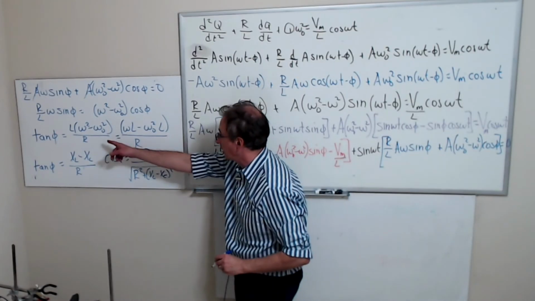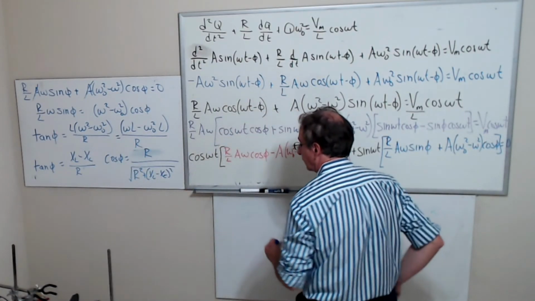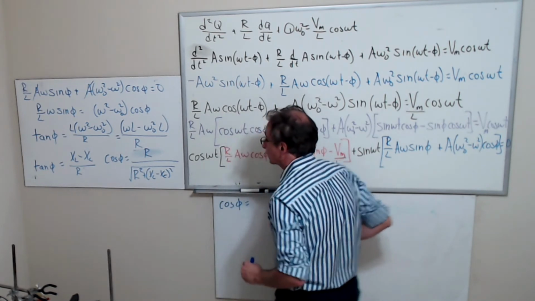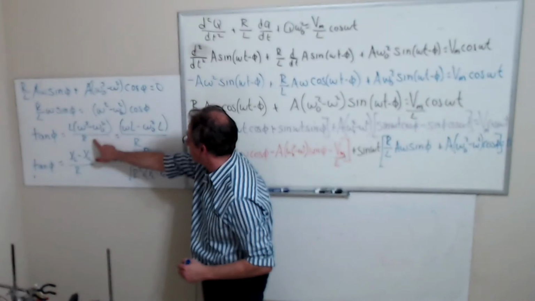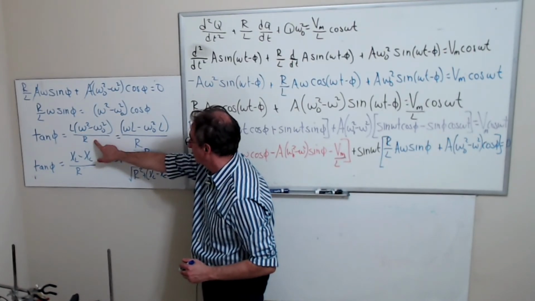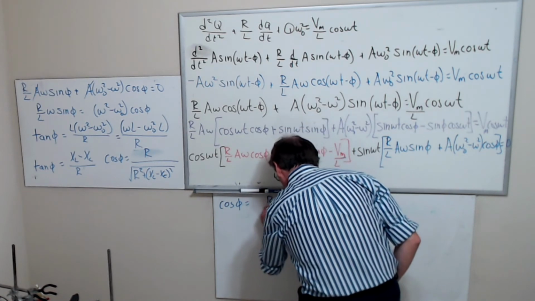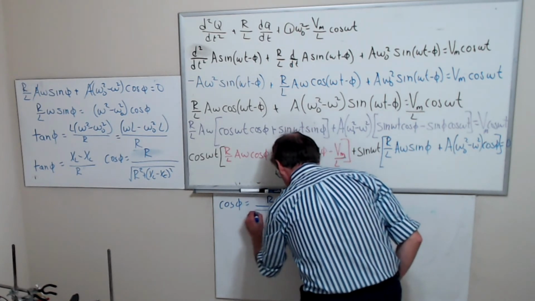Or we can write it in these terms. So I can write cosine of phi in the following way. If I write it in terms of this expression, then cosine of phi is going to be r over the square root of